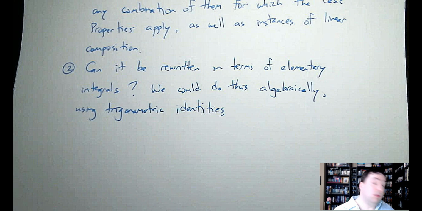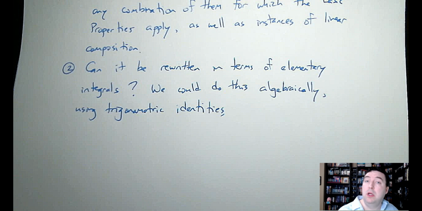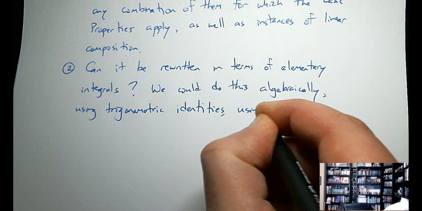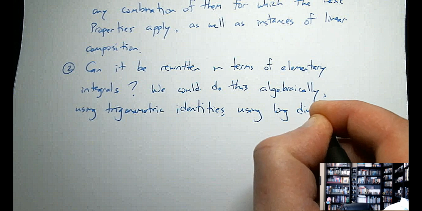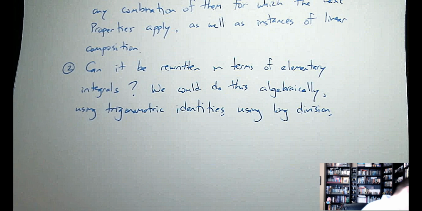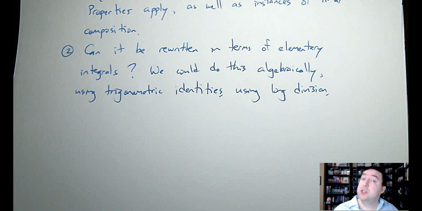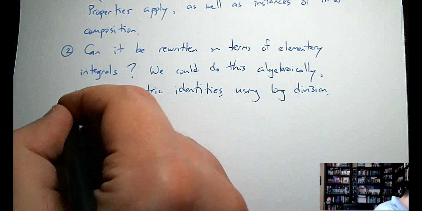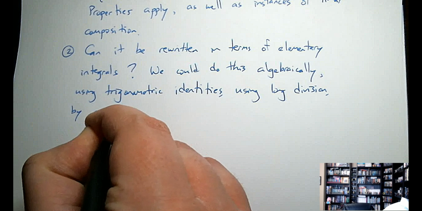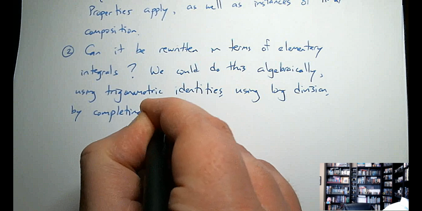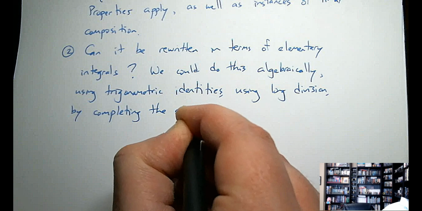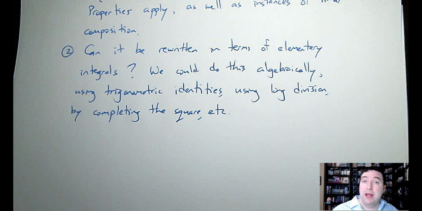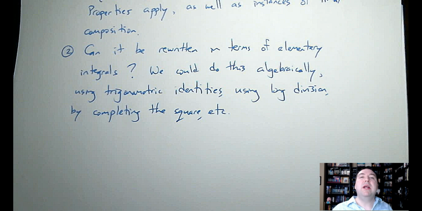We could use long division. We've seen that that's very useful for improper rational functions in particular. We might have to complete the square, especially as we've seen with our inverse trigonometric type integrals. And there may well be other ways to take an integrand and rewrite it, but they should be reasonably obvious